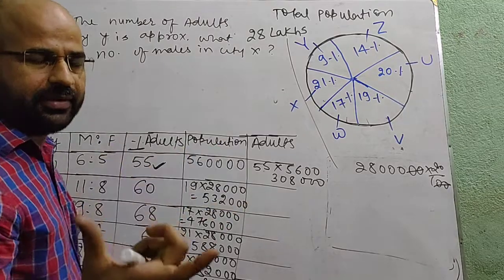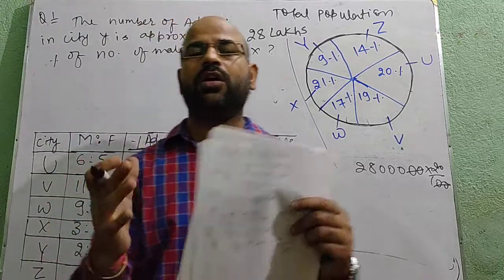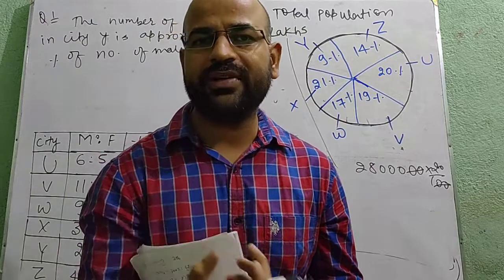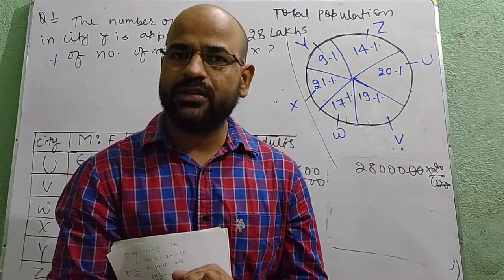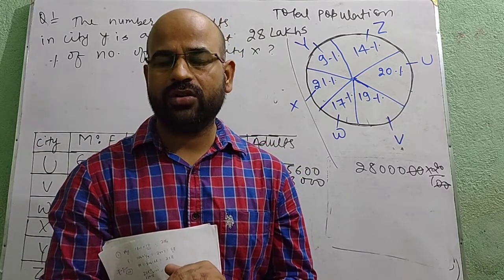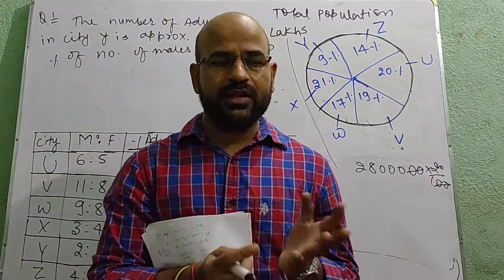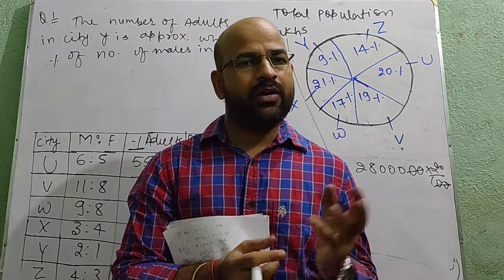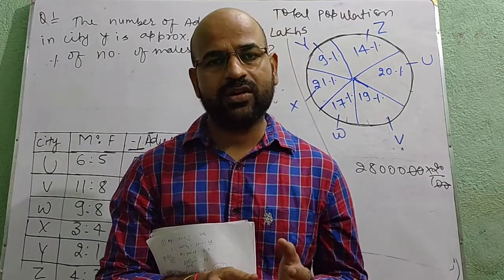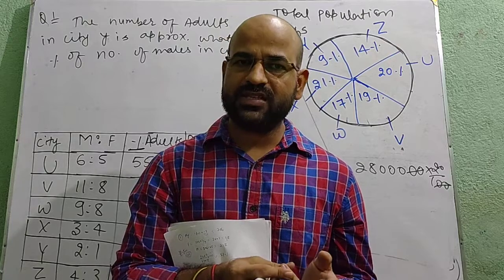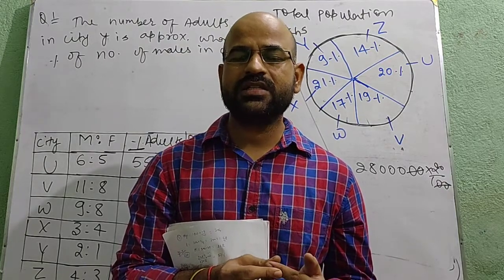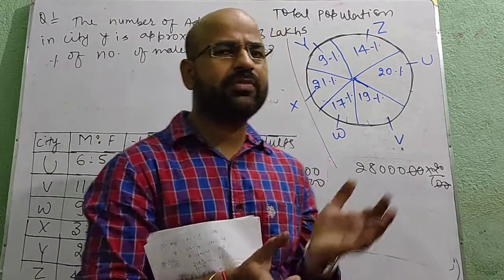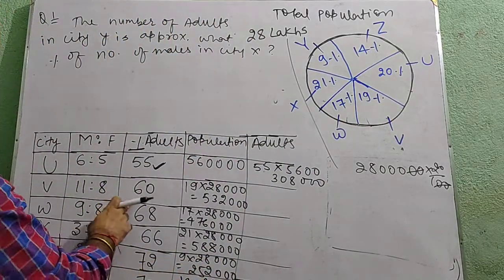60% means 3 by 5. If you have the knowledge of percentage, then you know the value of 60% is 3 by 5. If you are solving DI, then you need knowledge of 5 arithmetic topics. The topic is percentage. Percentage is very essential to solve DI. It might be any part of DI, but percentage knowledge is very essential. Others are average, ratio, and profit and loss. These are the 5 basic topics which are very essential to solve DI.